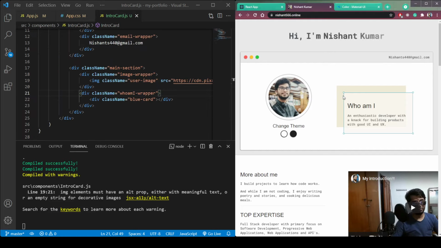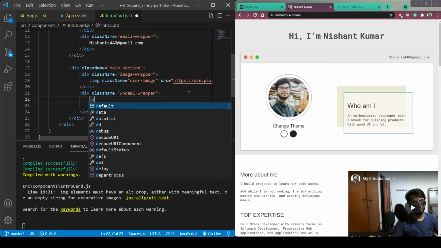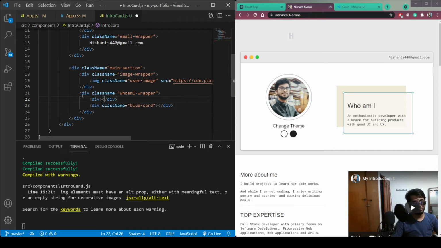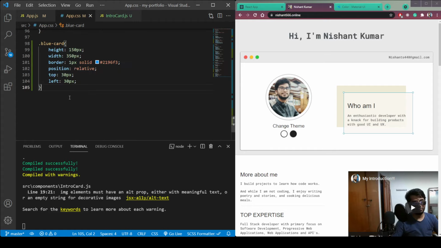Now let's create these 4 dots, small dots. So in this who am I wrapper, create 4 additional divs and give this class name of small dot 1. Repeat it 4 times, and this will be 4, then 3, then 2. Copy this small dot 1 and paste it in app.css.